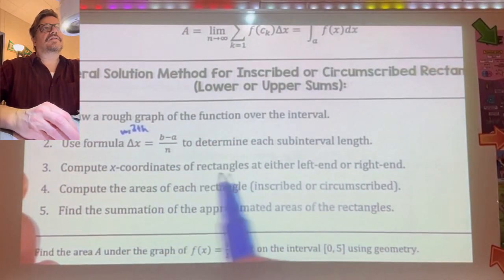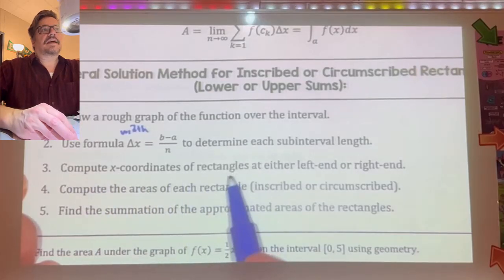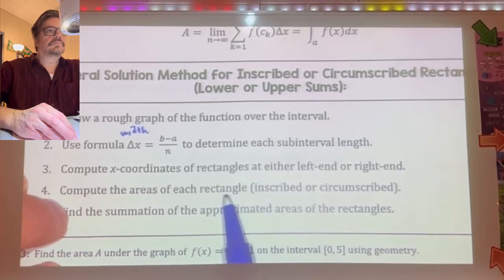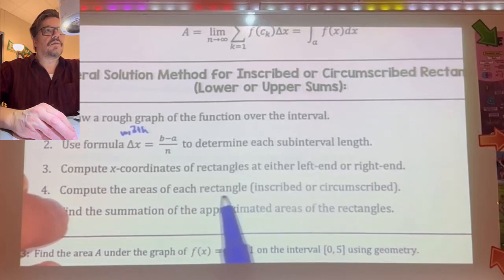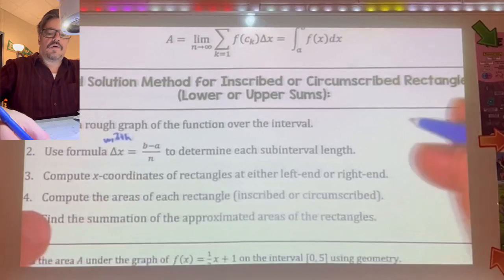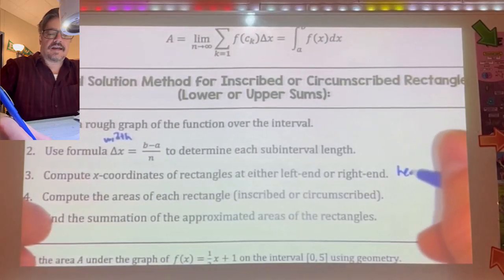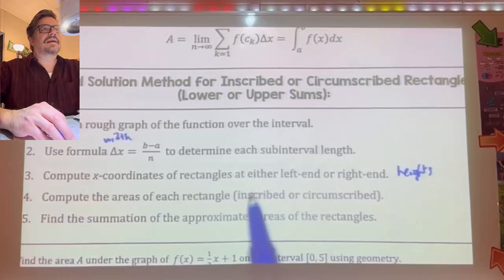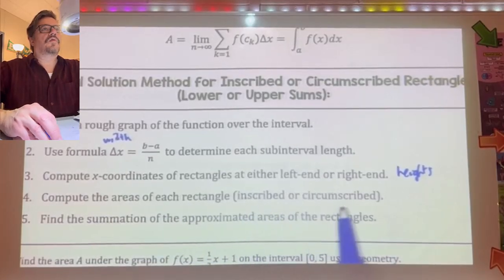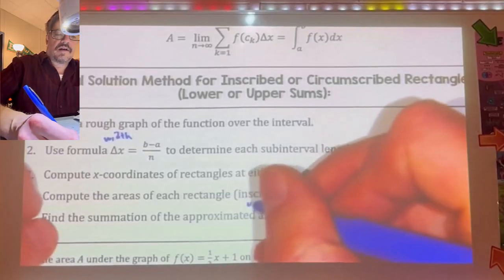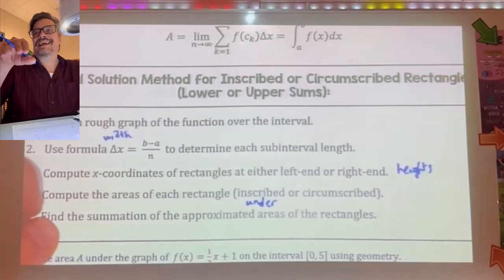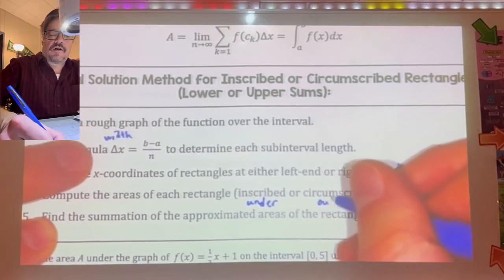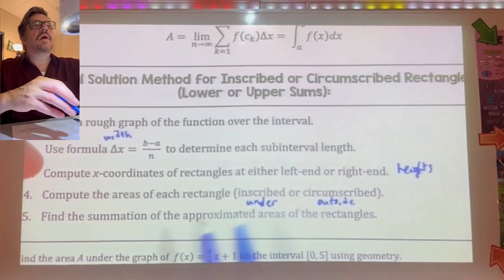Then you compute the x coordinates of the rectangles, either right or left, okay? Compute the areas, so this means you figure out the heights, okay? Then we compute the areas. They're either inside, being an underestimate, or they're an overestimate, okay? So would you guys write that in? Inscribed means it'll be inside the function, and circumscribed means slightly outside the function, okay? Then what we do is we add them all up,